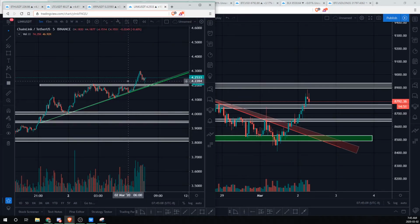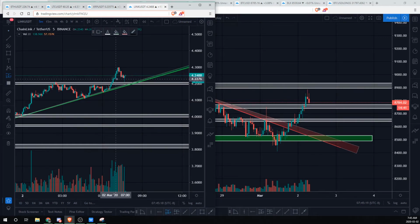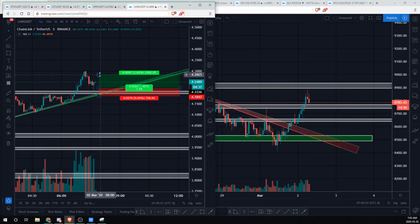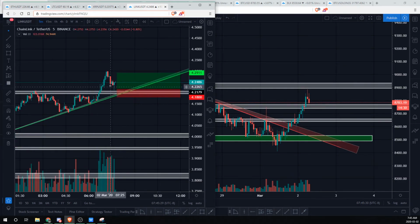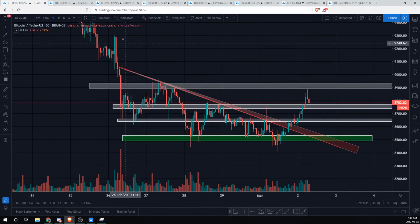Let's just see if we're able to make a double bottom. 1.5%. So what I'm looking at is a potential very quick trade to retest that area. We need to see the price close below here. We already got one rejection. We're looking for the price to come down here. And then we'd need to see